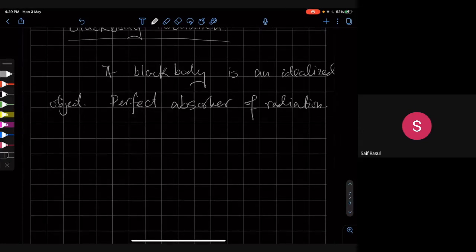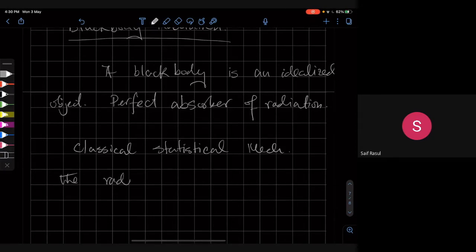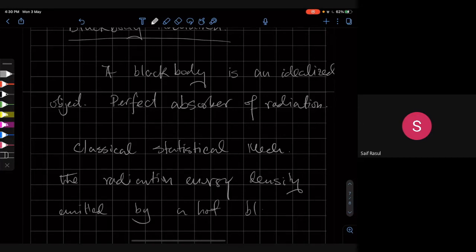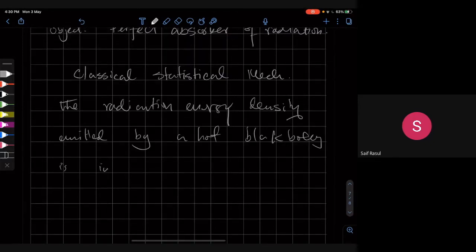So according to classical statistical mechanics, the radiation energy, or energy density, emitted by a hot black body is infinite, which is a nonsensical result. And